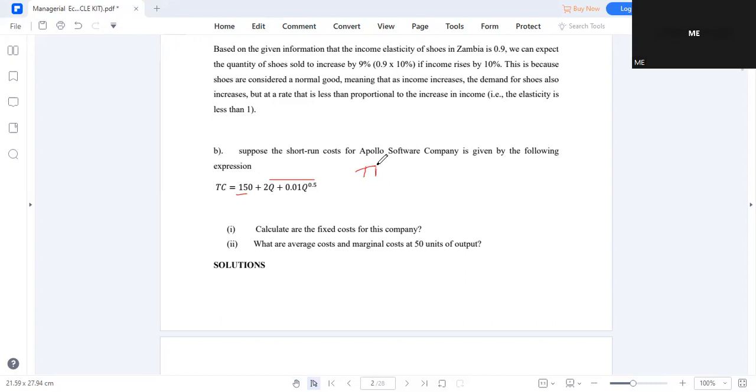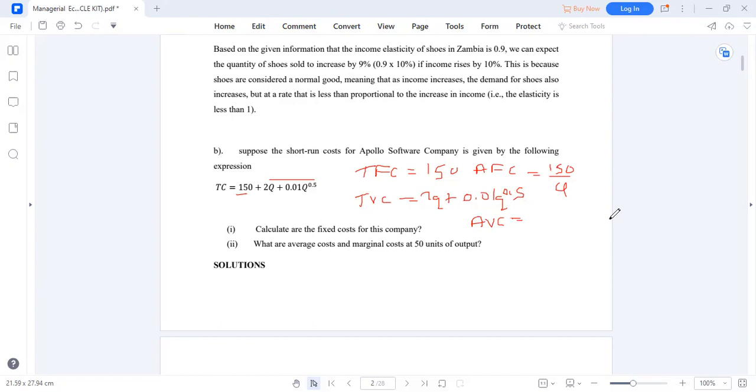Yes. So the total fixed cost, please mute your mics. The total fixed cost is 150, meaning the average fixed cost is what? 150 over Q, isn't it? The total variable cost is what? 2Q plus 0.01 Q to the power 0.5, meaning the average variable cost. We divide by Q in each of these ones. So the 2Q becomes what? 2